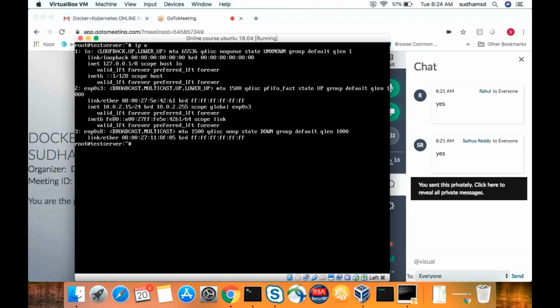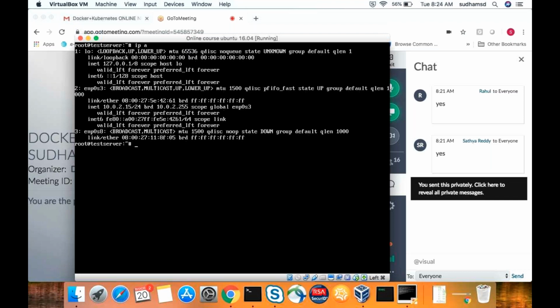Among these three, which are like physical NIC cards or virtual NIC cards, the main NIC cards are nothing but enp0s3 and enp0s8. The lo interface is nothing but something created by the operating system, not by a virtual NIC card or physical NIC card. That will be created by the operating system itself. If you install an operating system on multiple virtual machines or multiple physical servers, you will see this IP address by default, which is called the loopback IP address. Okay, so you cannot communicate from outside, you can communicate only internally, within the server, that's it. That is called the loopback IP address.